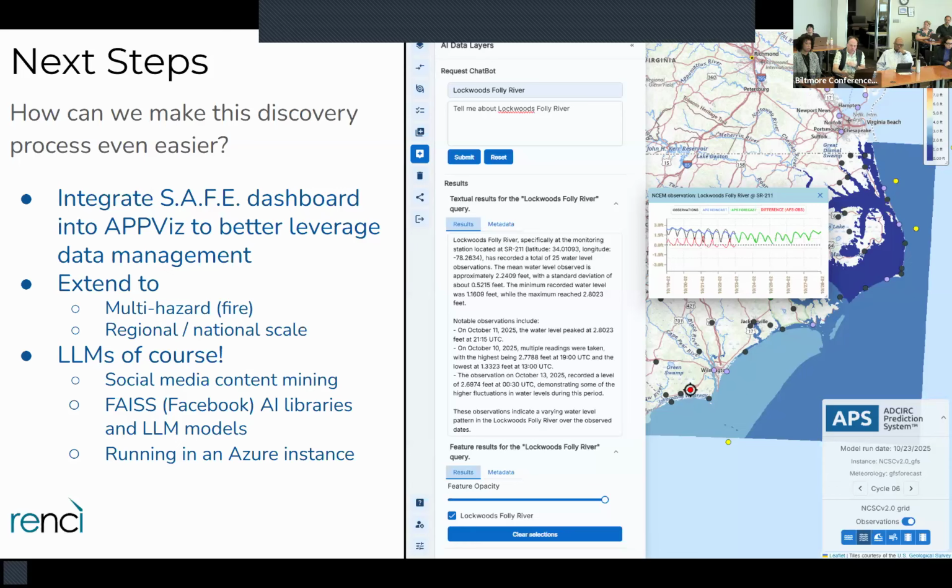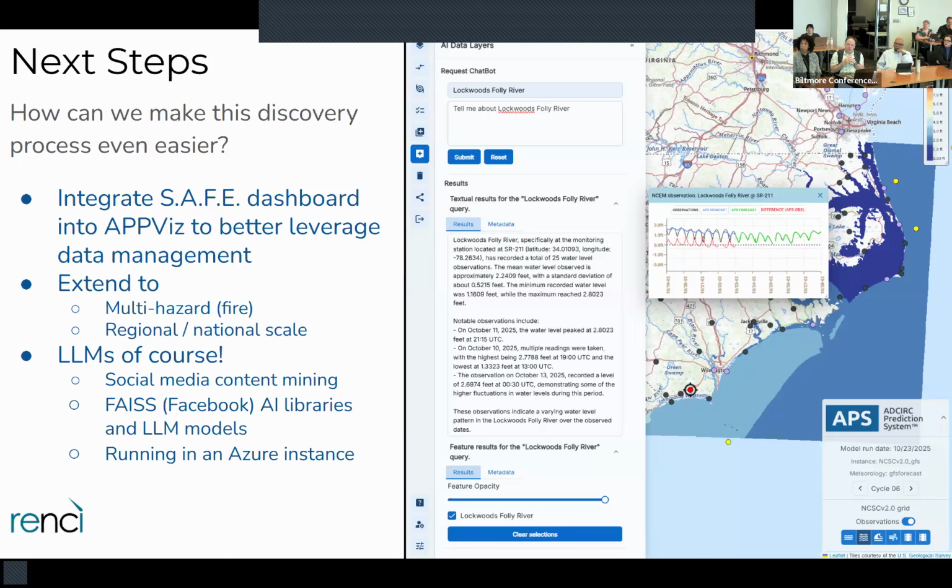The APSViz presentation from a couple of years ago went into the gory details of how APSViz works, and I'm sure everybody remembers that. But the truth is that it's a very good website for looking at that complex information. In some cases, it takes a little bit of pre-knowledge or expertise to really understand what that data means. So we're thinking about how to build some sort of LLM-driven construct that enables filtering that information and distilling it down into something more intuitive.